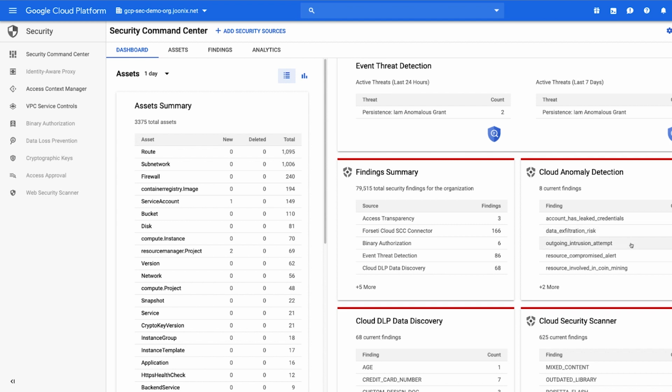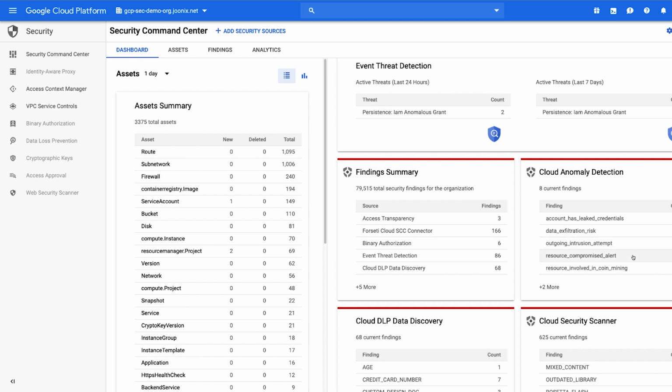Resource used for outbound intrusion are intrusion attempts and port scans. One of the resources or GCP services in your organization is being used for intrusion activities, like an attempt to break in or compromise a target system. These include SSH brute force attacks, port scans, and FTP brute force attacks.